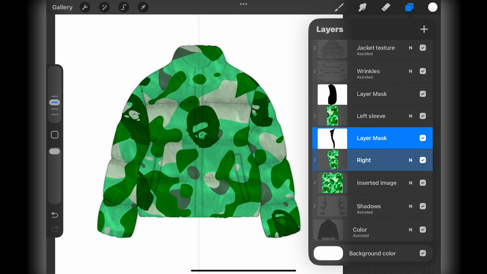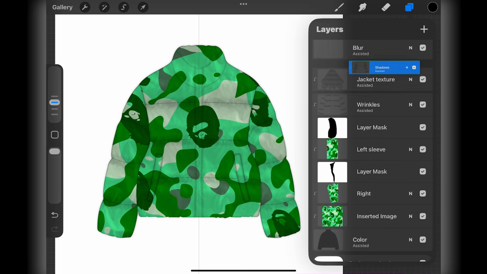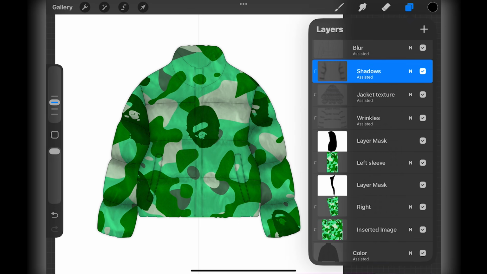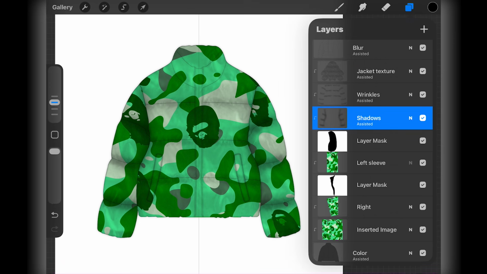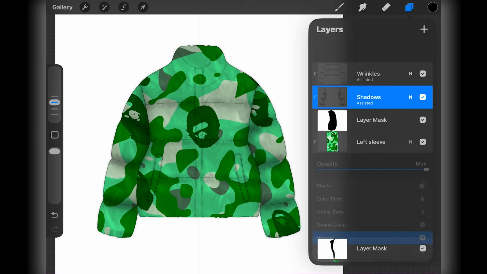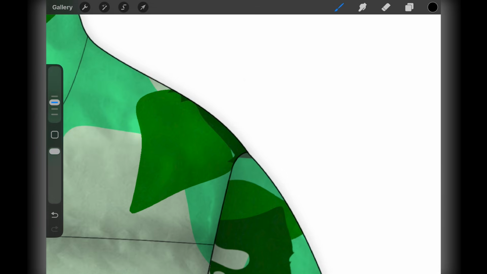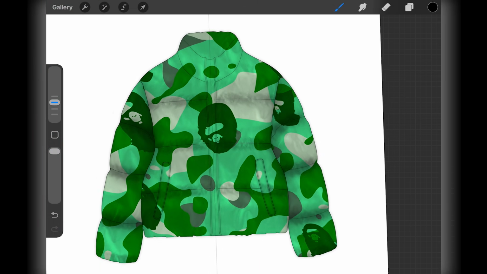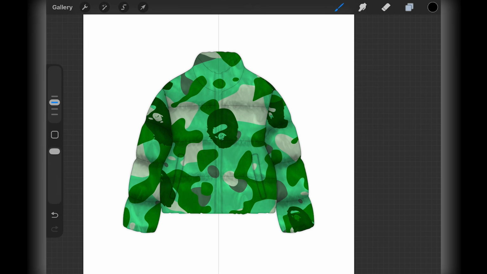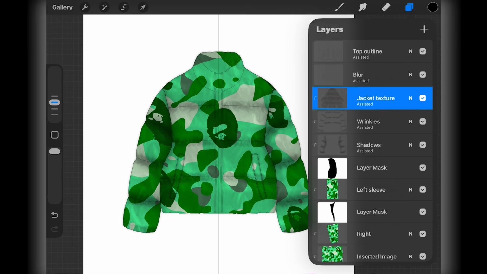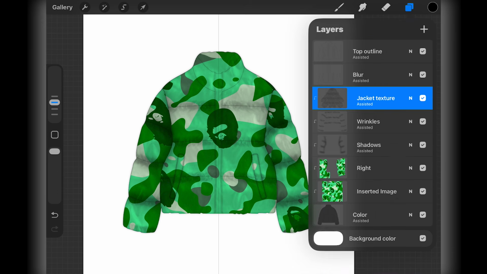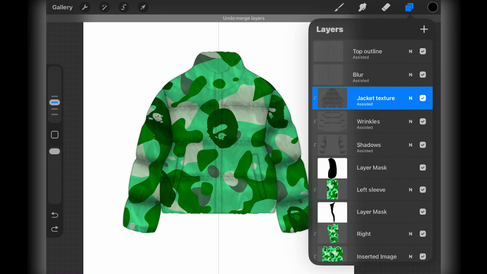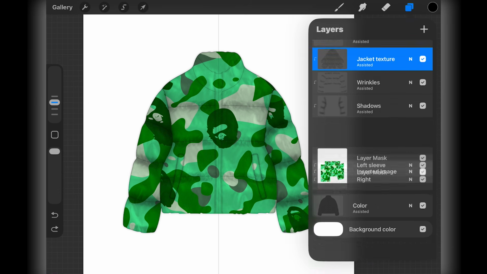How's that looking, y'all? That's looking tough, right? Feel me? Yep, put our shadows over top of that and just sell it. I'll take a quick zoom in just to look at how everything's looking, to get an up close view. Yup, I'm liking that. Yes, sir. Okay, so the next thing we are doing is we're gonna combine the camos all into one